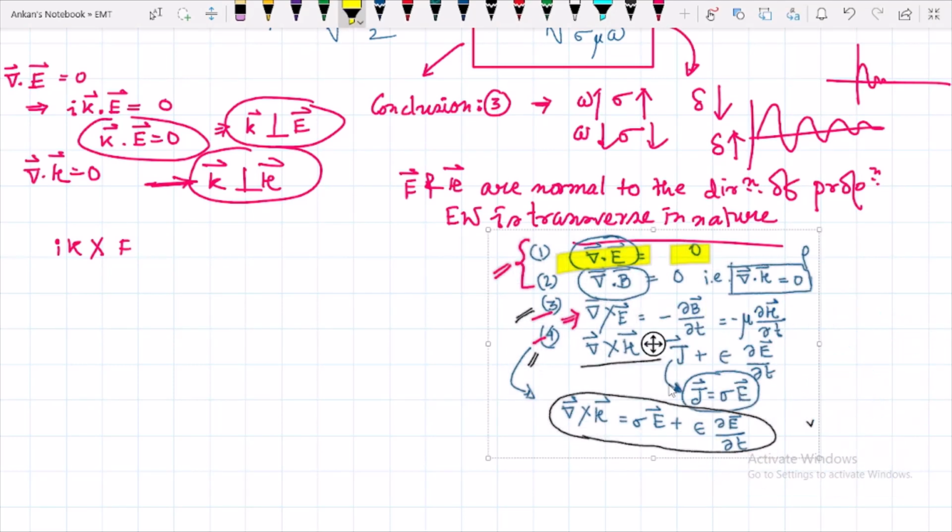So from 3 you can conclude that ik cross E is equal to minus mu del H del T,